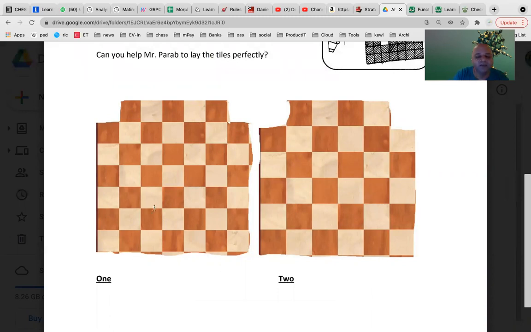The figure number 1 that you can see is the puzzle figure, and we are wondering whether we can do it or not. It is of 40 squares if you ignore the last row, the bottommost row. Okay, what about figure 2, which is different: 6 into 5 plus 4, 34 squares. So there are 6 columns and 5 rows, plus there is a top row which has 4. So 34.